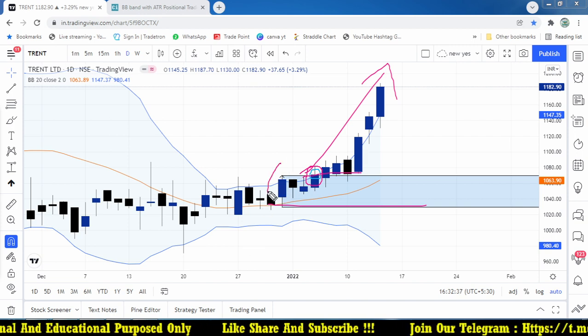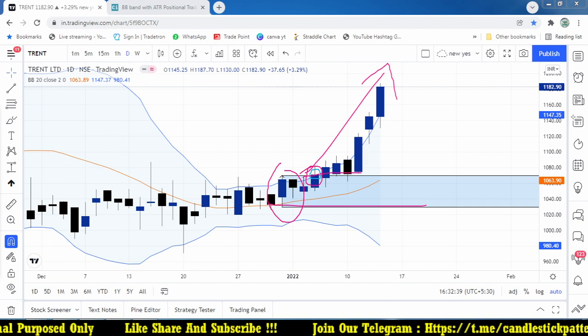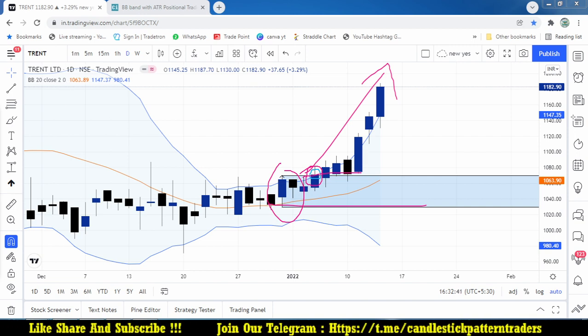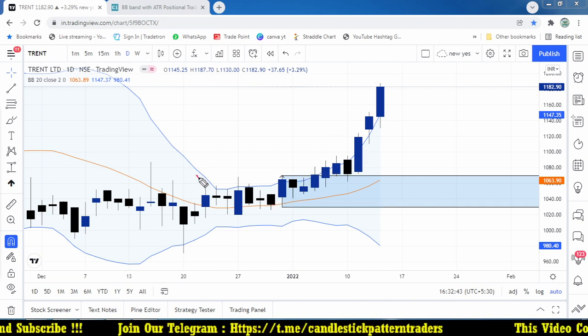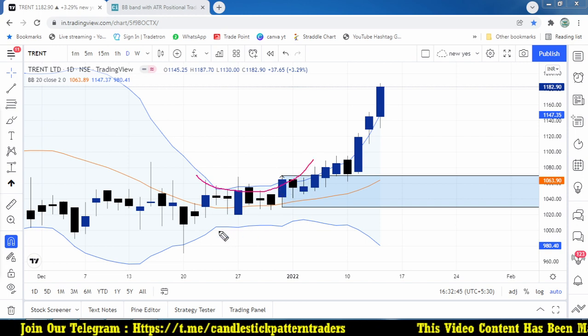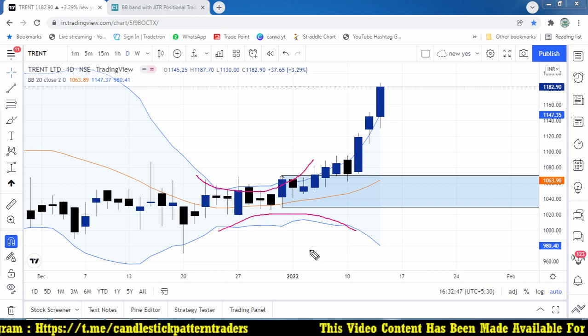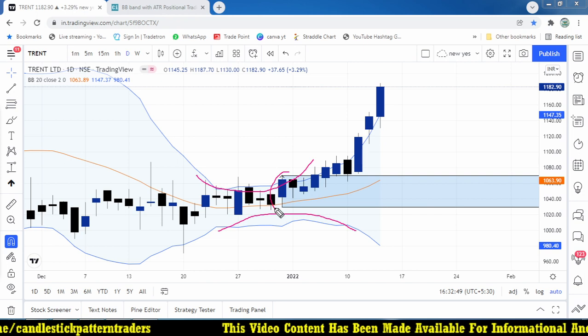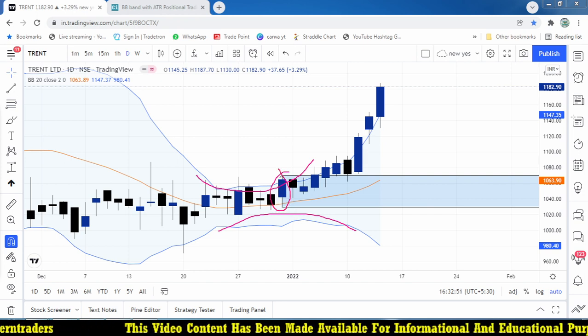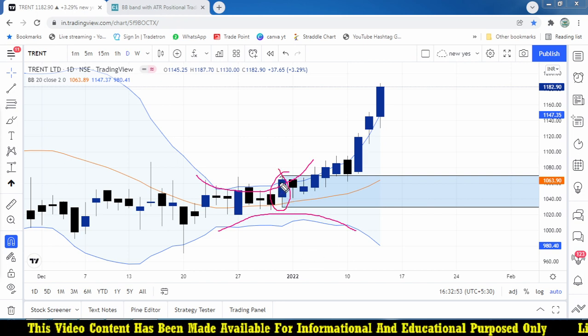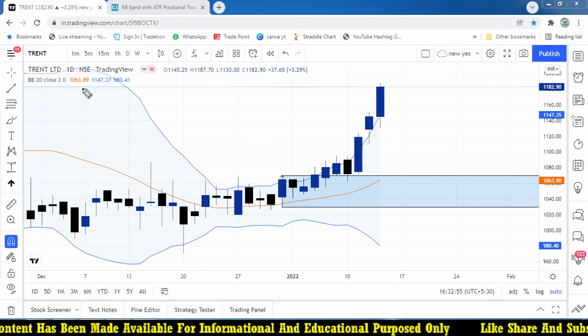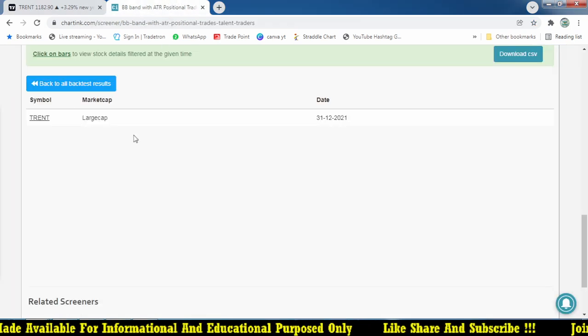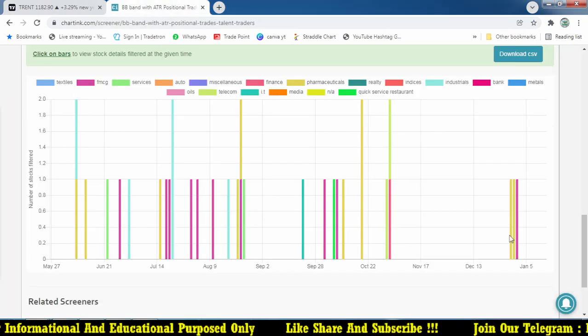This is the trade where I find out on a daily basis. And previously, what are the stocks we saw? What kind of thing? So the Bollinger Band is narrowing and it has started moving, expanding. At that point of time, I'm going to find out such an opportunity by using the ATR factor. That will find such a great trade. It is positional, so I'm using it. And then, what was the stock before?